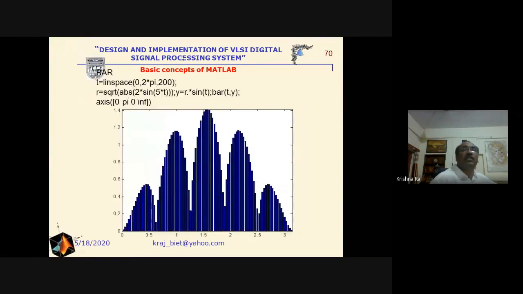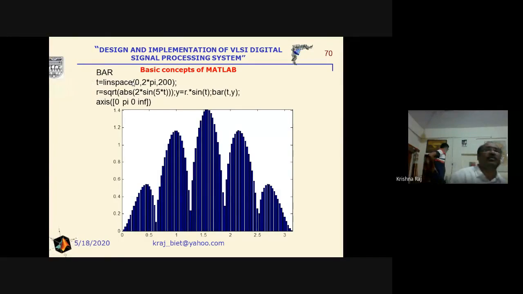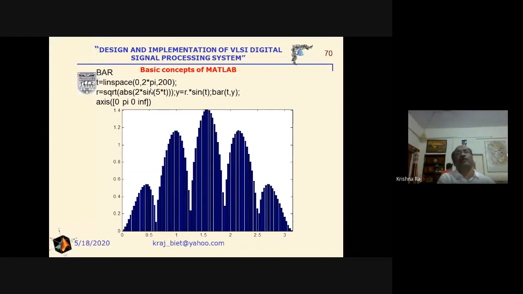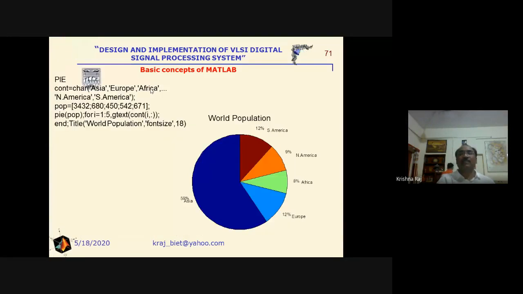If we are interested in the bar chart having a little bit complex function, then first again we will define the theta and the radius having a very simple or very complex equation. It hardly matters what the equation is, whether it is very simple or very complex. We just have to remember, we have to define the two vectors. In the x, y, we have to define the x and y. Here we have to define the theta and the radius, and we will get a graph like this. Again, this is the pie chart.